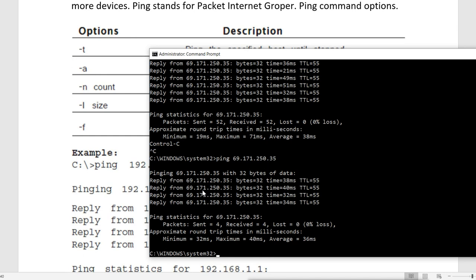But I want to know the name of this IP address. Sometimes we are doing some troubleshooting and we get some IP address, but we don't know the name of that machine which is using this IP address. Because we can't remember all the names and IP addresses, we use the DNS server to know the names. Now the DNS server gives me the IP address when we give the name.